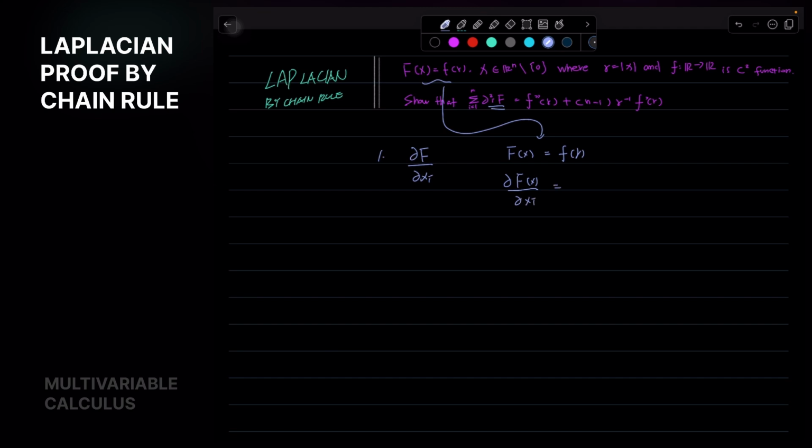We have, by chain rule, we first take the derivative of f_r, and then we multiply by the partial derivative of r with respect to xi, because r is actually a function of x. It is actually equal to